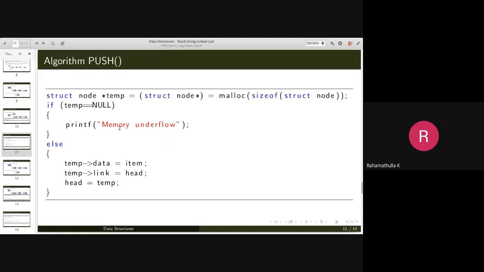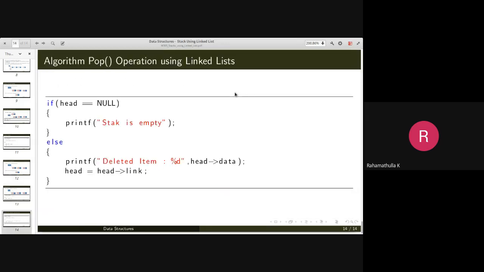But you can come across a memory underflow, which is the case where malloc was not able to allocate memory. Of course, there is a stack underflow condition. If your head pointer is pointing to null, then your stack is empty. You cannot delete any more elements.